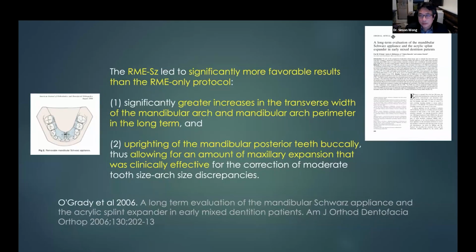These are not new concepts. O'Grady in 2006, in the AJODO, undertook a long-term evaluation of the mandibular Schwartz appliance and the acrylic splint expander in early mixed dentition patients. Removable mandibular expansion Schwartz significantly more favorable results than in RME-only protocols. When we have greater increases in the transverse width of the mandibular arch and the mandibular arch perimeter in the long term, following uprighting of the mandibular posterior teeth buccally, allows for an amount of maxillary expansion that was clinically